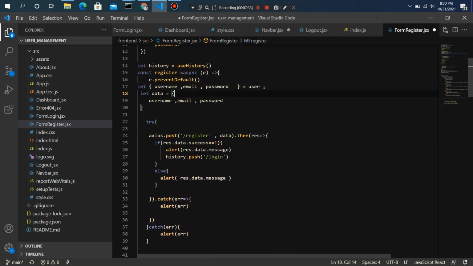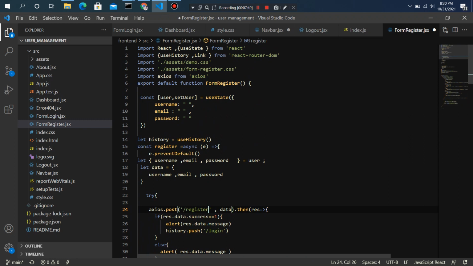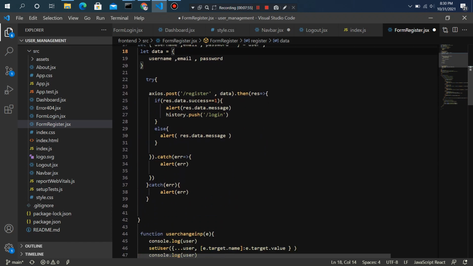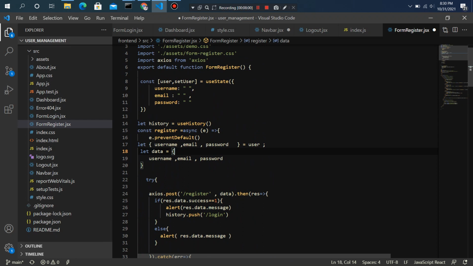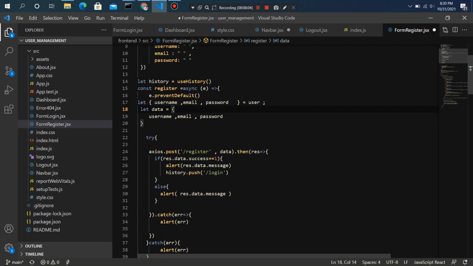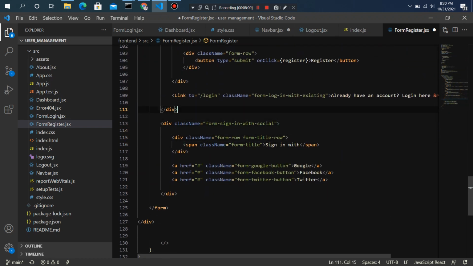I have not used the useEffect hook here because I only have to gain all the data entered by the user, and just on clicking the submit button here, register.